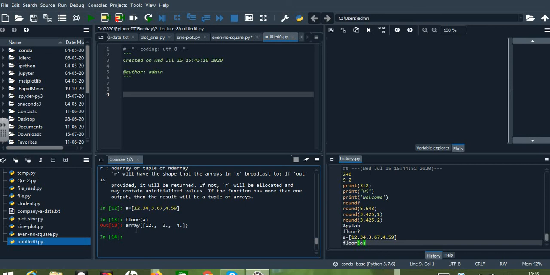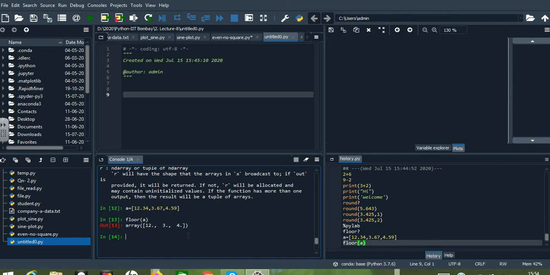So we can see the values of this array. I have taken the floor. Floor will give the lower integer value, like for 12.34. The floor value of 12.34 is 12. For 3.67 the value will be 3. For 4.59 the value will be 4.